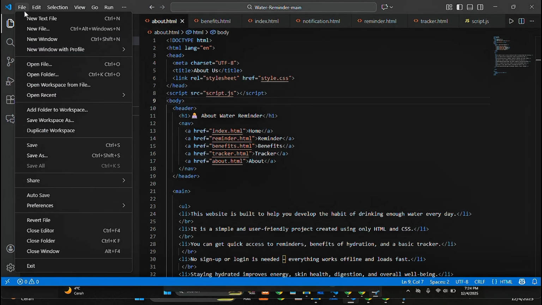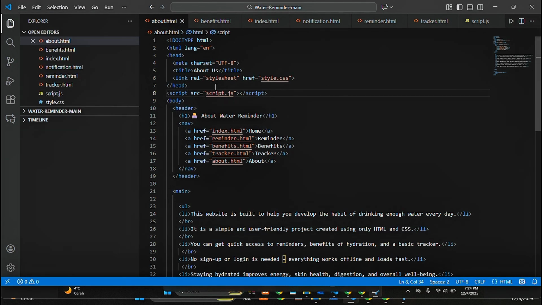Now let's move on to the HTML section. HTML, or HyperText Markup Language, forms the basic structure of every page on this website. In the index.html file, I divide the page into several main parts. The first part is a header. This usually contains the title or the name of the website so users know where they are.